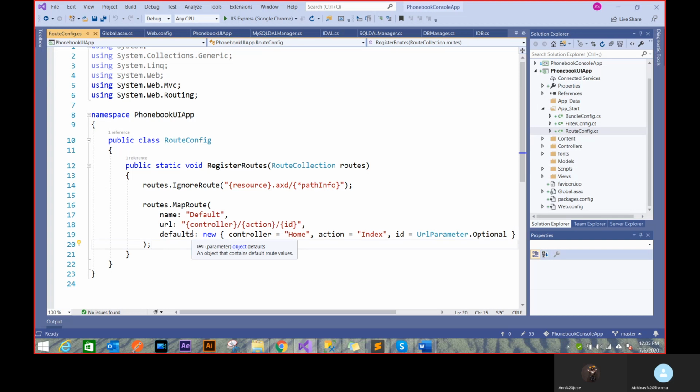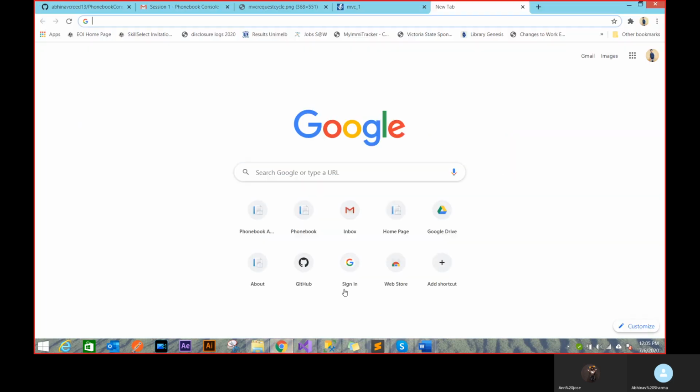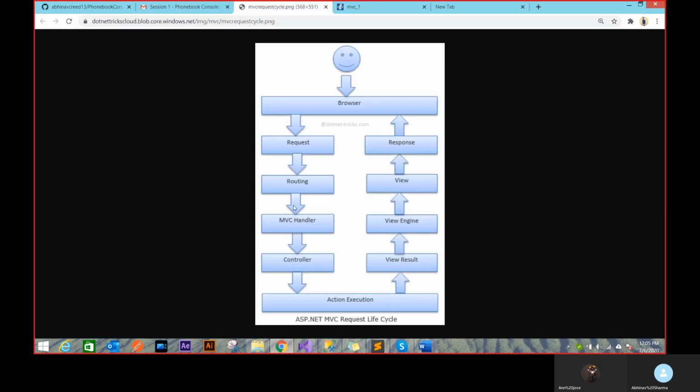So that's the first basic route that's given to you. You can add your own route, but this is very generic. If I follow convention properly, then this will always work. That's the power of convention. I will have fewer configurations then. So if I follow this, it'll always work. So that's the first routing that we're talking about.